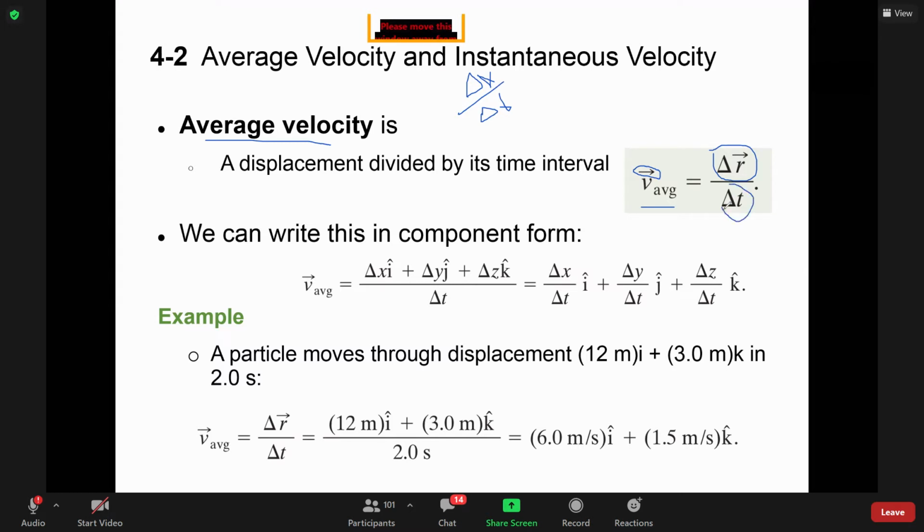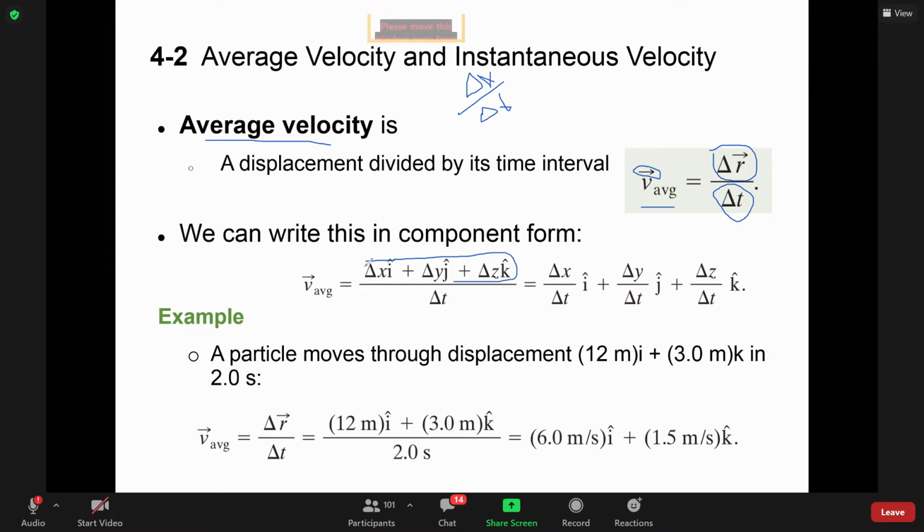Over delta t. Of course, delta t is a scalar quantity, has no dimension. The clock is the same clock, whether in the x or the y and the z. The clock, which keeps the time, is ticking on all of them in the same way. So it has no dimension. Okay, so v average is now delta x i hat, delta y j hat, delta z k hat, divided